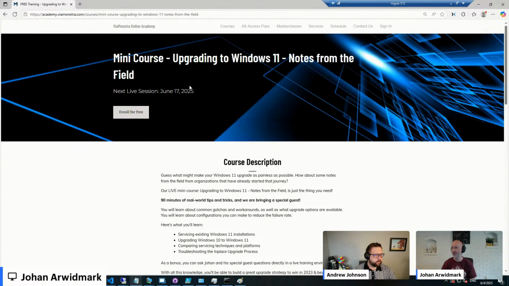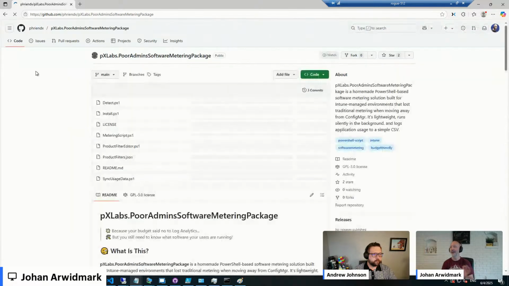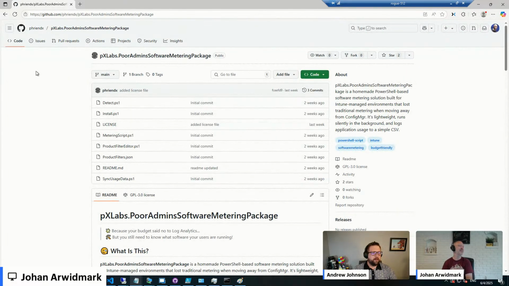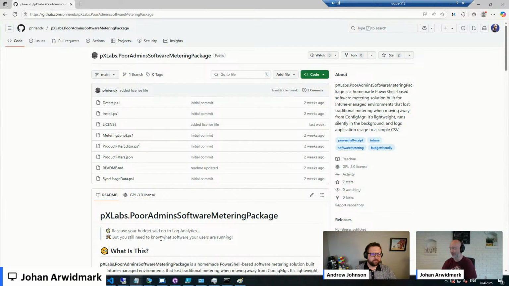And I stumbled across this gentleman who put together a poor admin's software metering package, basically leveraging a healthy dose of remediation script together with uploading to, I think it was a OneDrive share, because apparently the budget said no to Log Analytics, which, I mean, it's not many dollars, but it's a few dollars,